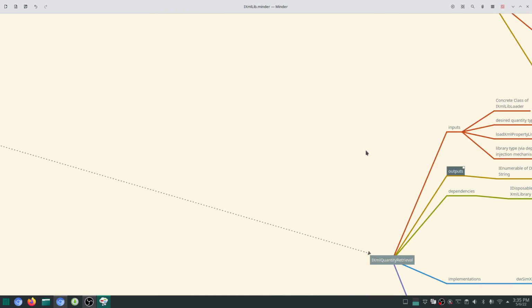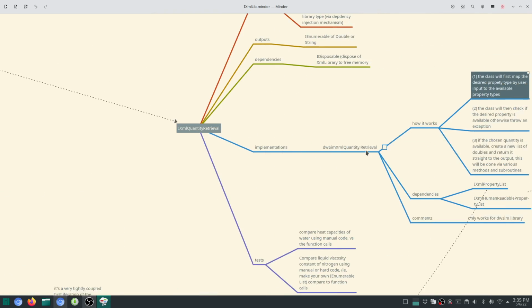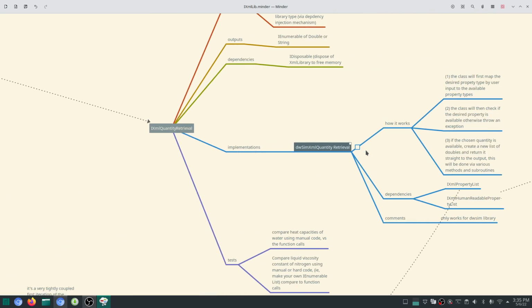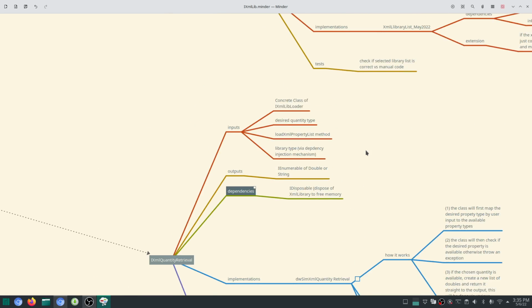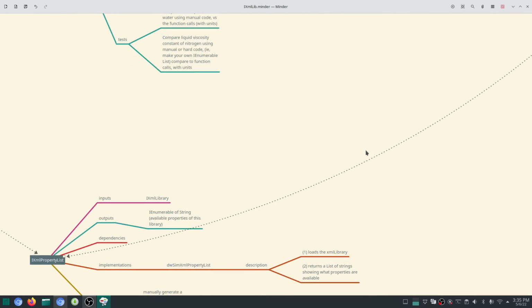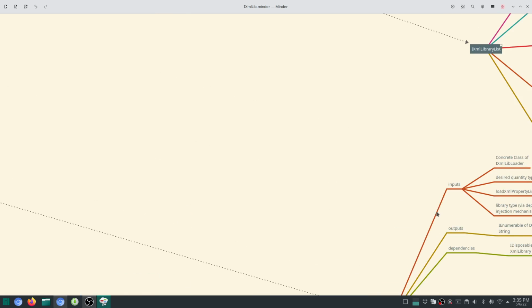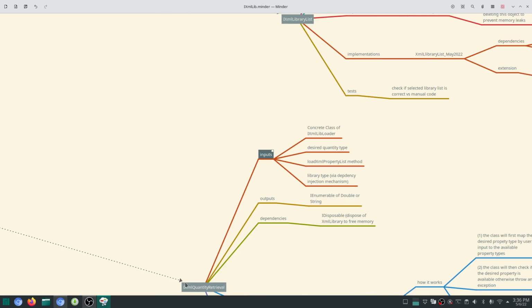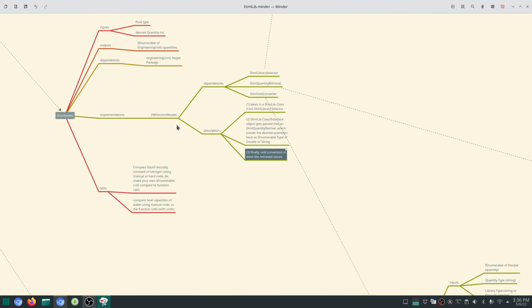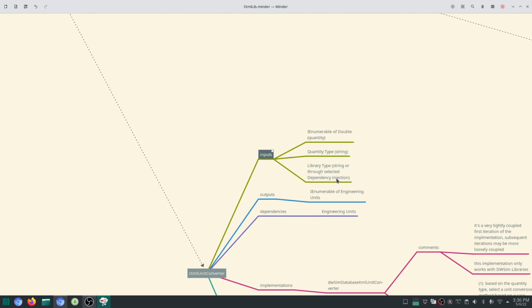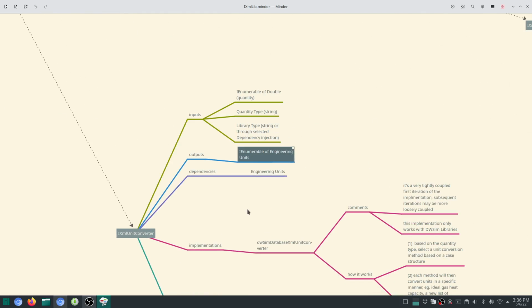This thing is supposed to search for the XML libraries and give you back the double. And then of course the last bit, let me zoom out a little bit. The last thing is the unit converter, which brings me to my next point. We need to understand how this engineering units thing works. That will be the subject